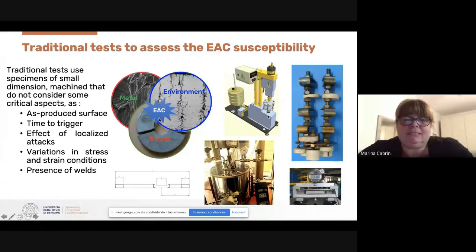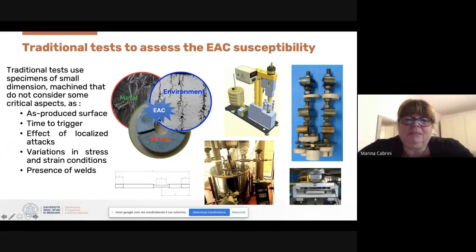traditional, standardized techniques that use specimens with standardized dimensions and that generally are machined from materials of small dimension, and generally some critical aspects such as the as-produced surface are not considered. Time to trigger is generally a problem that is bypassed using slow strain rate tests in a traditional test,